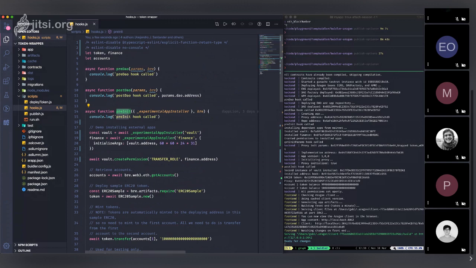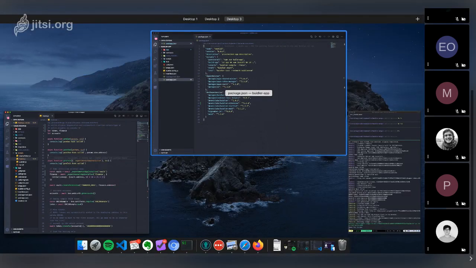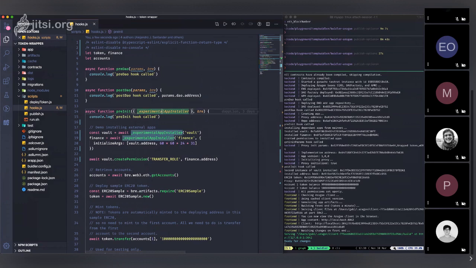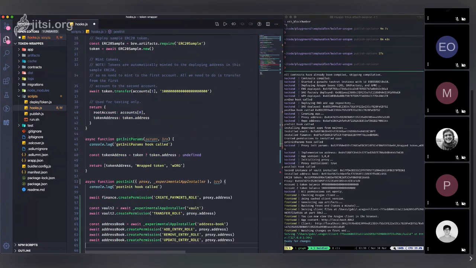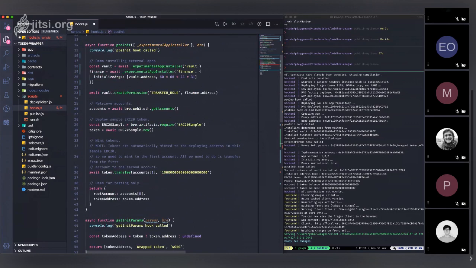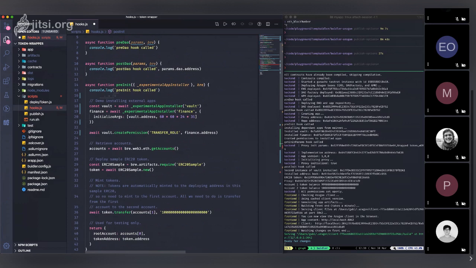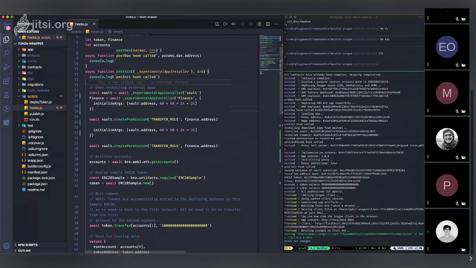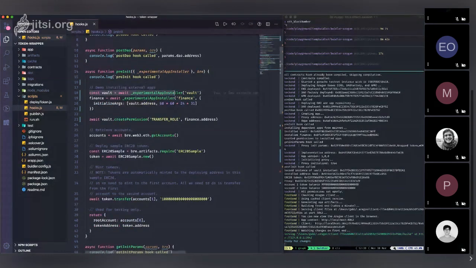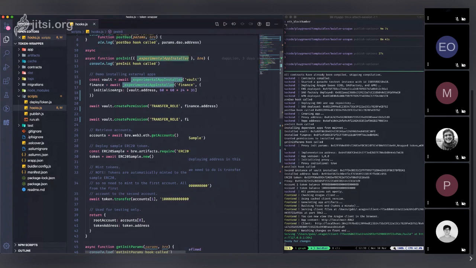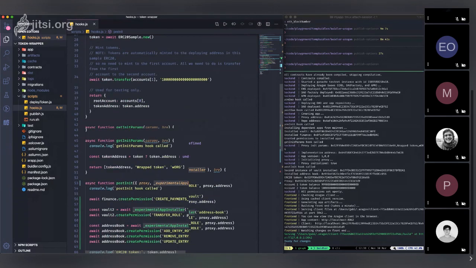Okay, so let me see one thing. It was strange. Okay, yeah. So I'm not sure why the file changed, but here what I have is in the pre-init hook, I'm installing an application using the experimental app installer. This is a new functionality that we can get from the pre-init and from the post-DAO and the post-init hooks